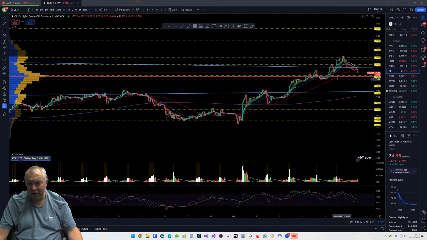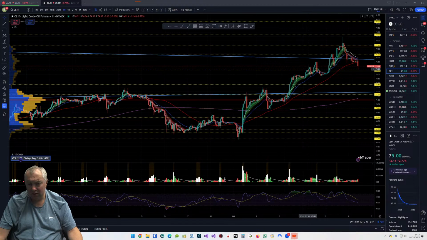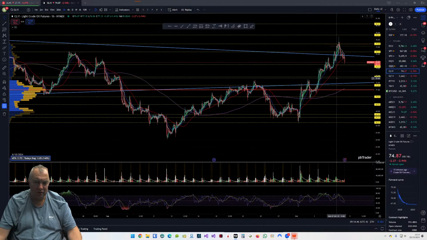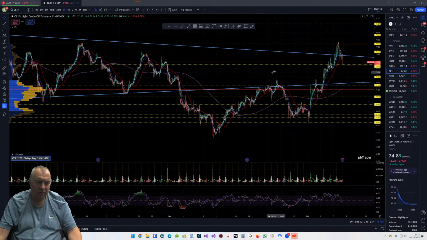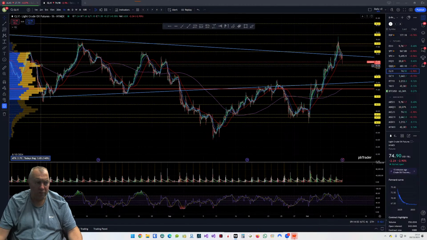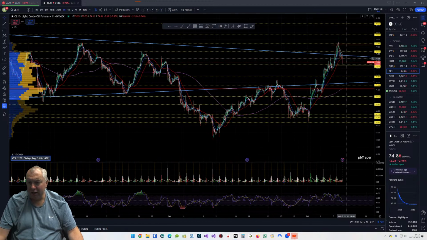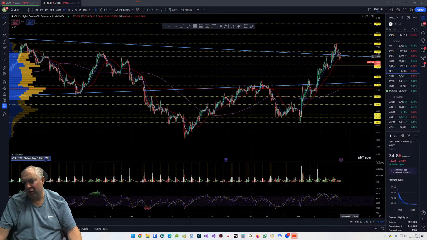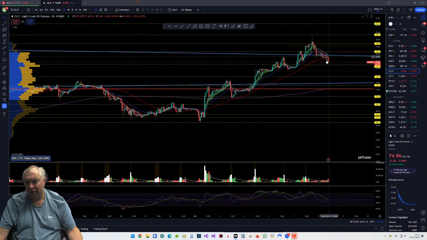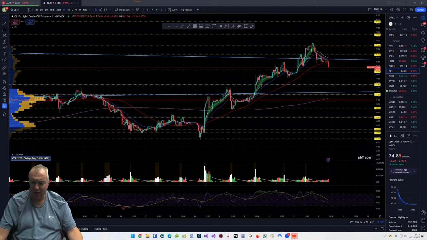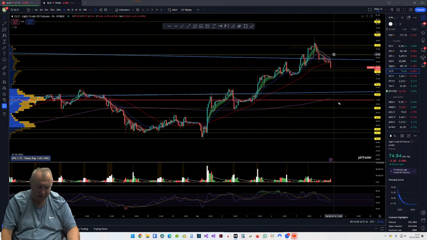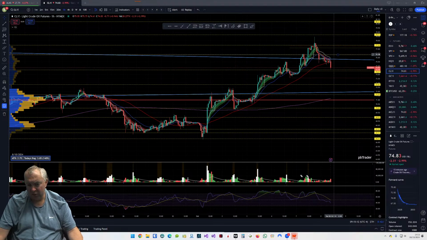So we can watch for a bounce, probably where we've already bounced today. You can see the volume in that area as well, so that's definitely a decent bounce area. If we break above this trend line again and above pre-market high, then we can look for the break and retest long, and we can watch it break out, because we are looking at a pullback but on less volume.